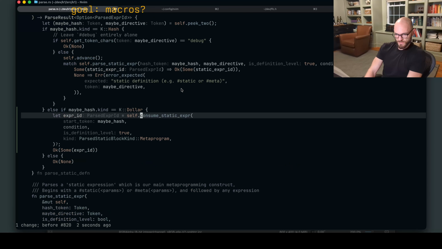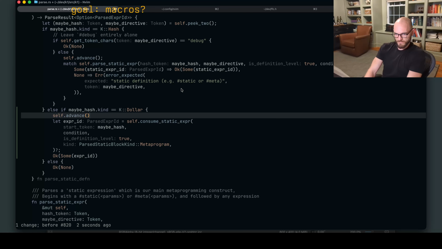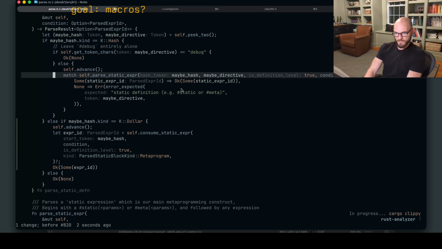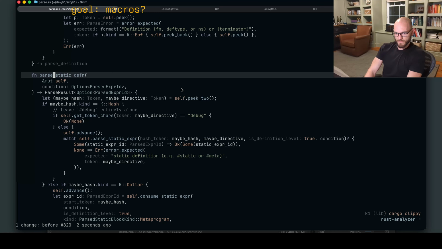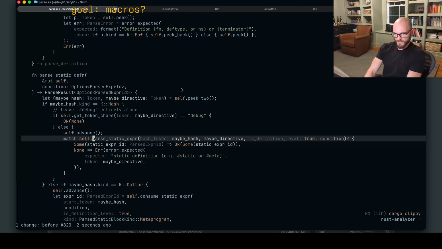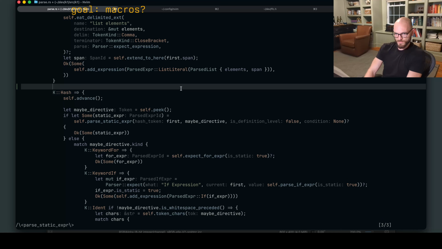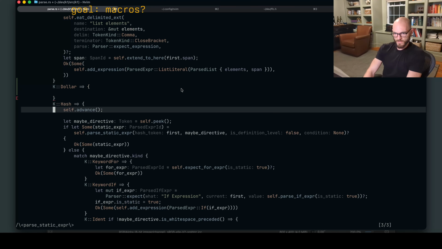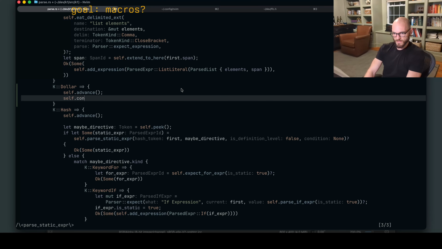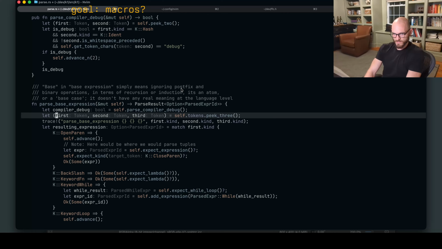And it expects to find it here. That's for defins. The other place that we call it from is where we found a hash. But what if we found $1? And what we're going to do is we're going to advance, and we're going to set the consume static expr start token first. Is that what the $ is?